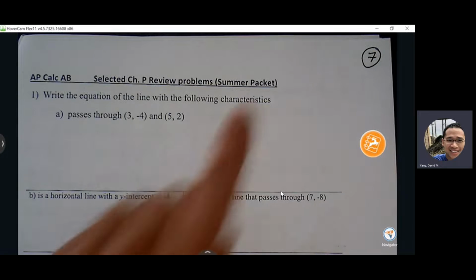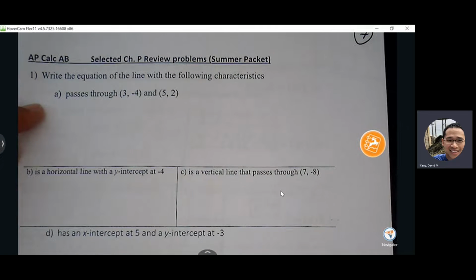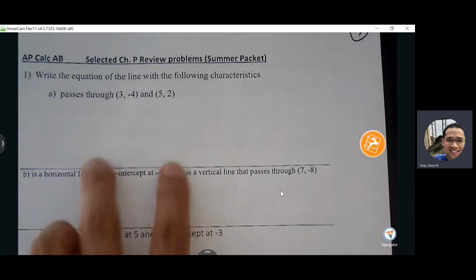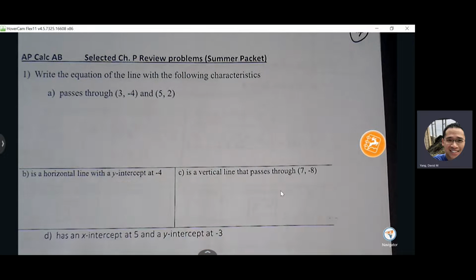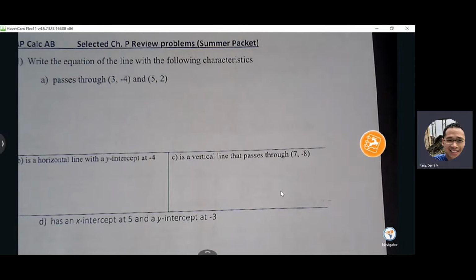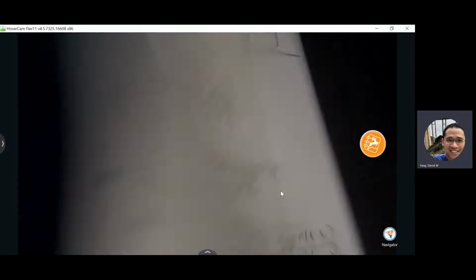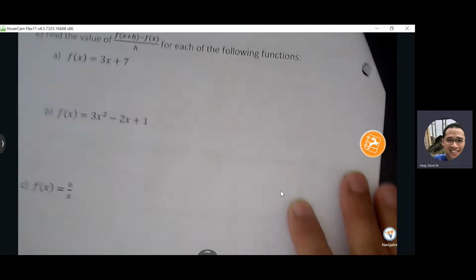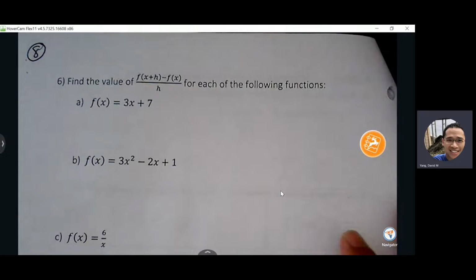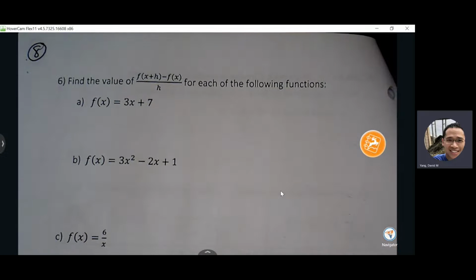If you guys can, actually, page 7, a lot of this is P2 material that we've seen, how to write the equation of a line. So the strategy there is identify an ordered pair, find the slope, and then do point slope form. But I'd like for us to start with page 8. Okay, so if we go to page 8,